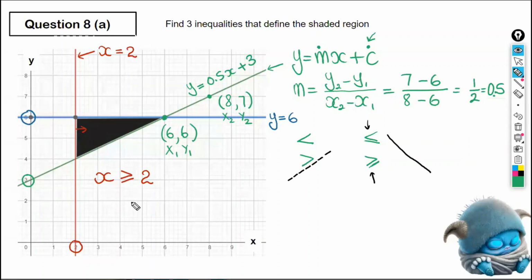Let's look at the green graph. Not the green graph, the blue graph. Let me get blue here. The blue is y is equal to 6. The blue graph, isn't the shading below the graph? The blue graph,